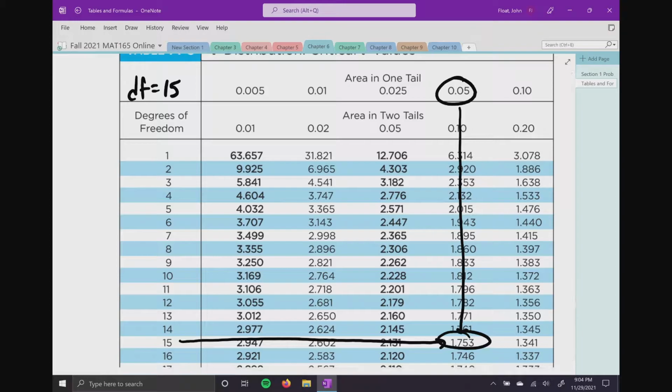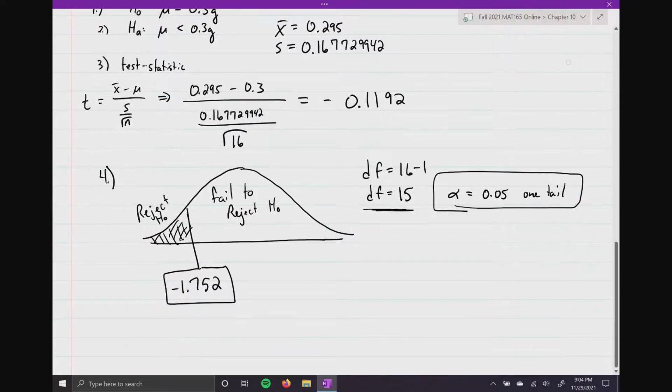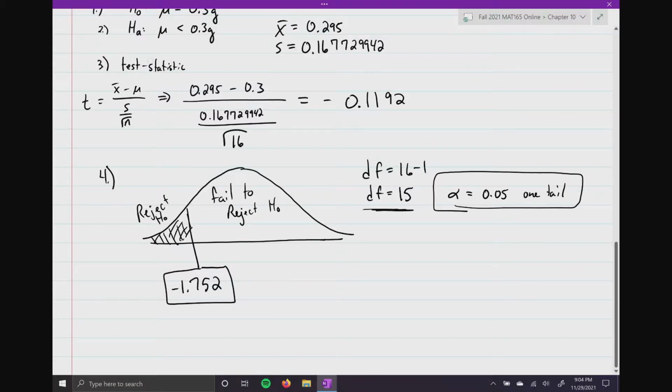So let's go ahead and transpose that. Negative 1.753. Now, if you look at the test statistic that we calculated and plot it. So let's see, what was our test statistic? Oh, it was right here. Negative 0.1. Oh, so that's definitely going to be over here in our fail to reject. So our conclusion, we fail to reject